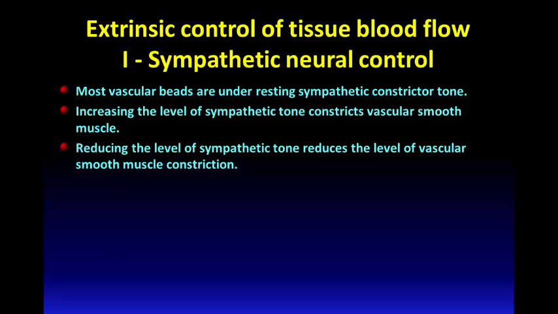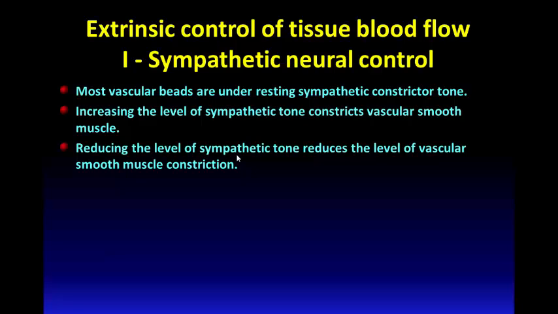This means that the smooth muscle cells which we have in the walls of the arterioles, even at rest, receive sympathetic innervation, resulting in a partial degree of vasoconstriction. Increasing the level of sympathetic tone constricts the vascular smooth muscle cells of the arterioles more, while reducing the level of the sympathetic tone reduces the level of vascular smooth muscle constriction, and it is as if now the arterioles